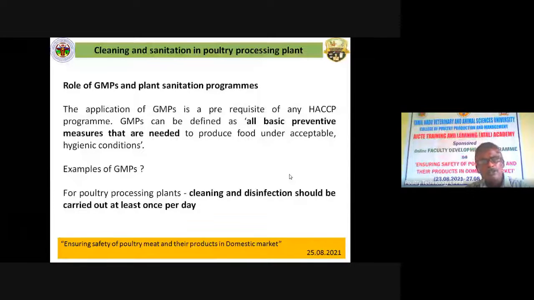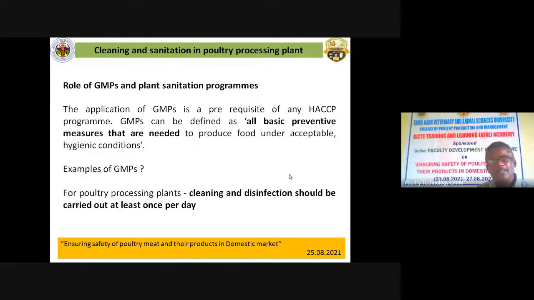So we all know that there is a set of prerequisite programs or best practices that are all prerequisite to implement an efficient HACCP program, hazard analysis critical control point. Then what is GMP? GMP is expanded as good manufacturing practices. That means it requires all basic preventive measures that are needed to produce an acceptable food in a